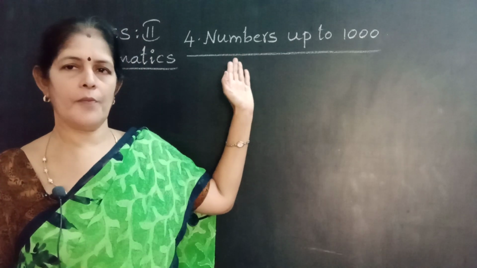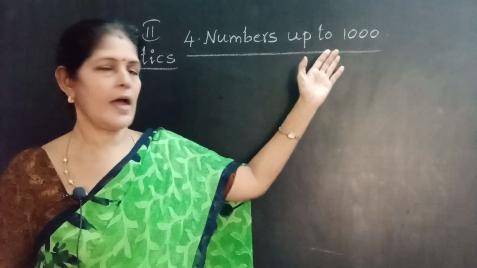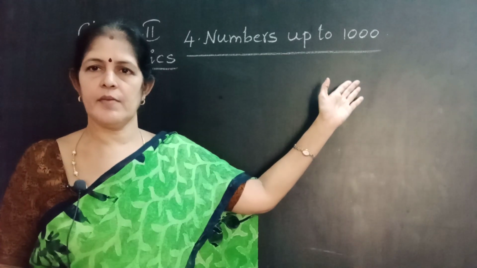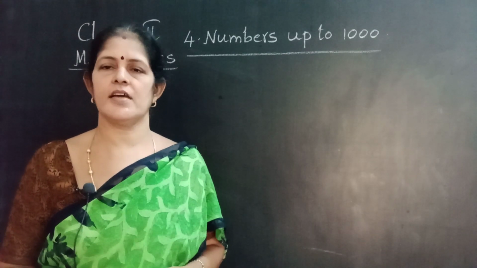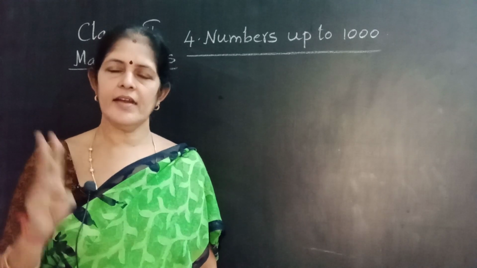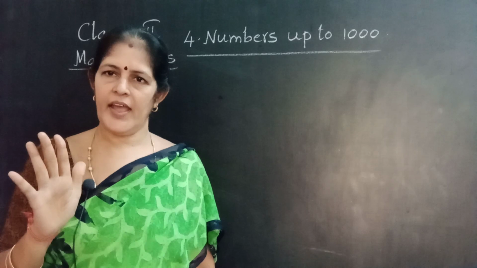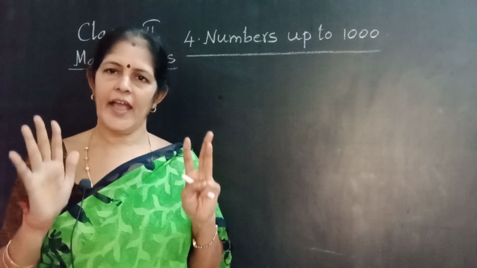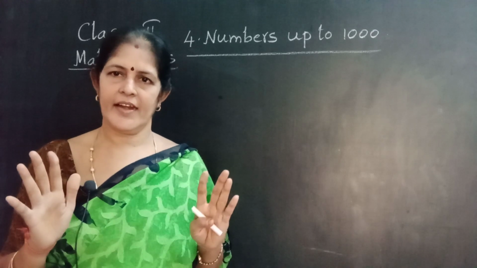Continuation of chapter 4, numbers up to 1000. Numbers up to 1000 means counting hundreds. 100, 200, 300, 400, 500, 600, 700, 800, 900,